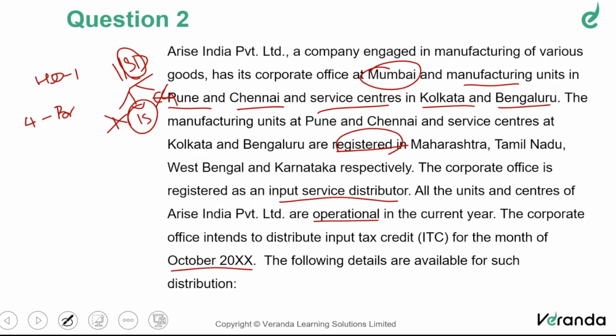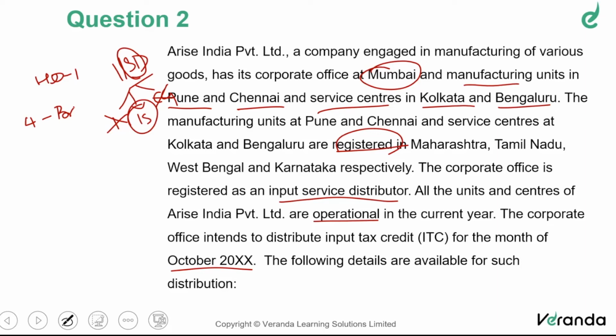General knowledge. Anyway, it's very important to understand. Why? Because the nature of ITC distributed will differ based on whether it is the same state or a different state, correct? If it is the same state, how will it be distributed? Very simple. If it is the same state, the nature of tax will not change. Whereas if it is a different state, everything will become IGST. Whether IGST, CGST or SGST, everything will become IGST. Whereas if it is the same state, the nature of tax distributed will not change. IGST will remain IGST, C and S will remain C and S. That's the important thing. So this understanding is very important.